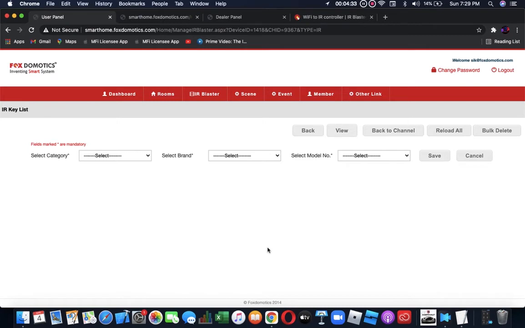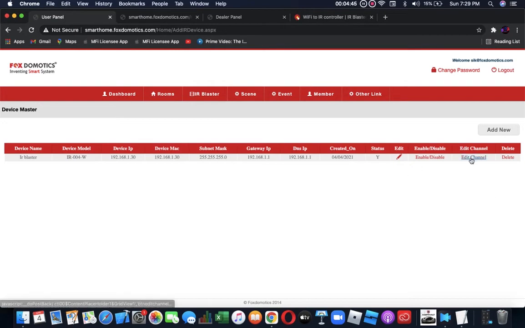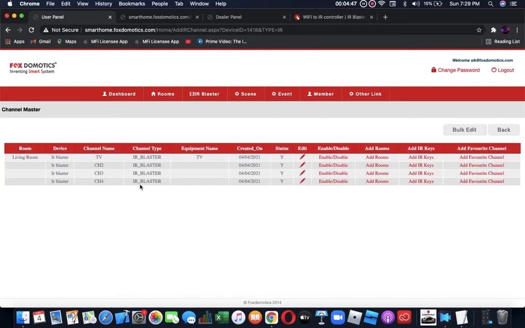So this is a very flexible system where I can add and remove. I can combine 2 remotes for a particular channel. Now let's go back to IR Blaster. Here we did it for one particular channel only. For the remaining channels 2, 3, 4 we can do the learning and adding in a similar way, using add IR keys. And to add the room, like if I want to add channel 2 in the living room, I can do it from here. If you don't add it to a particular room, it will not show there. So if a particular channel is not used, keep it blank.